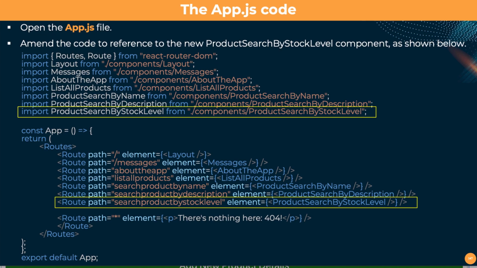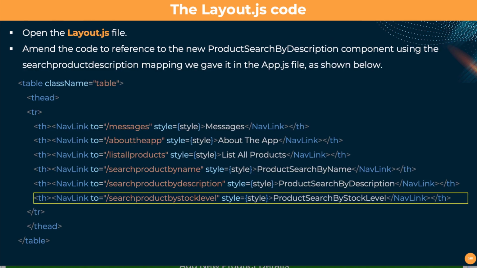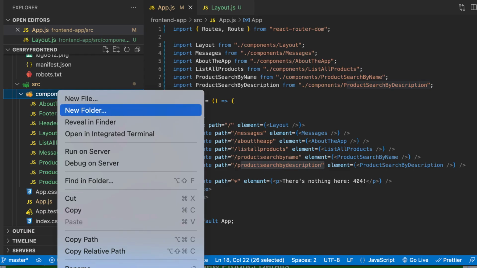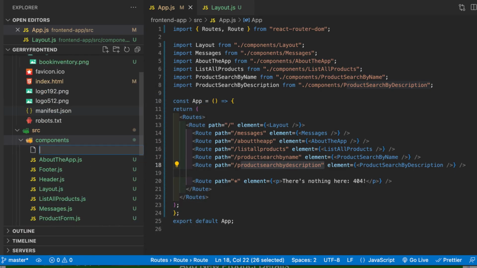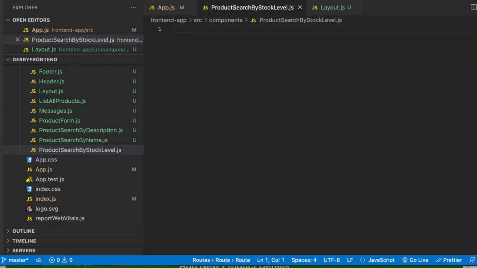Once we do that, same thing applies again. We go and we change our app.js to include the import and set the route. And then we go into the layout and we set our nav link. So we shall do that and add our code. We right click and we go new file and we call it product search by stock level.js. And then we will add the code, and then